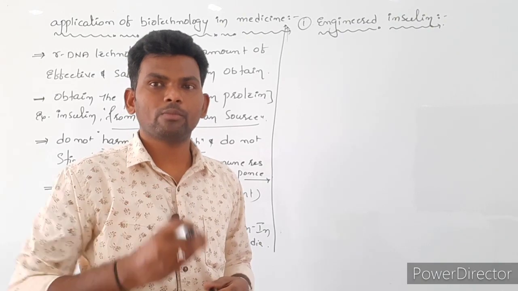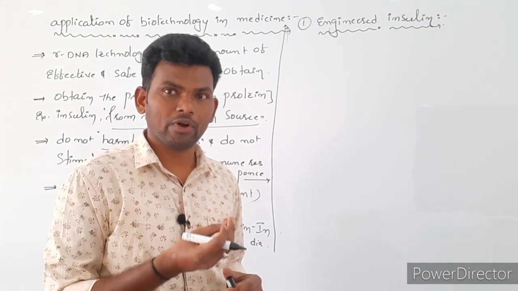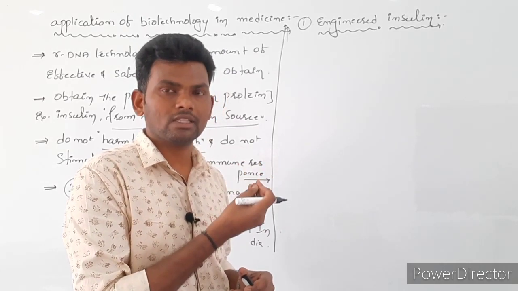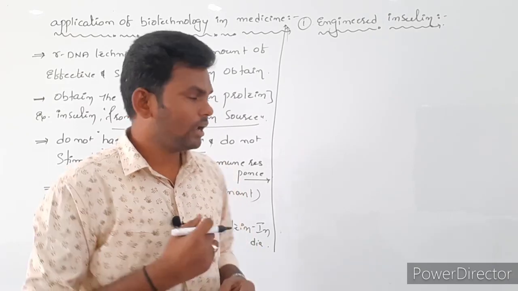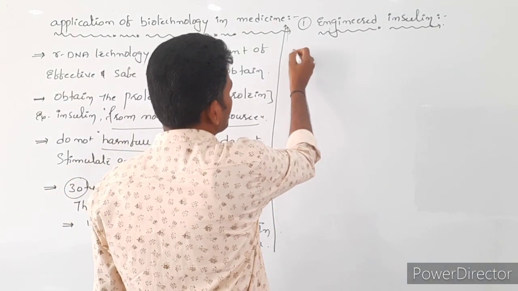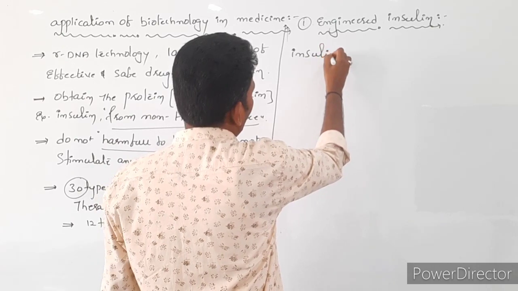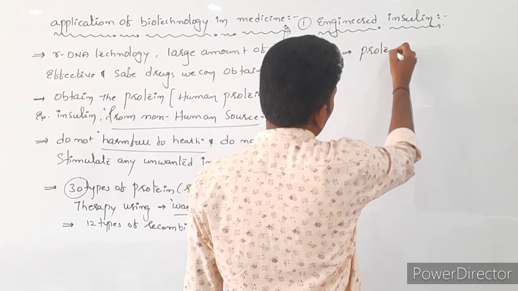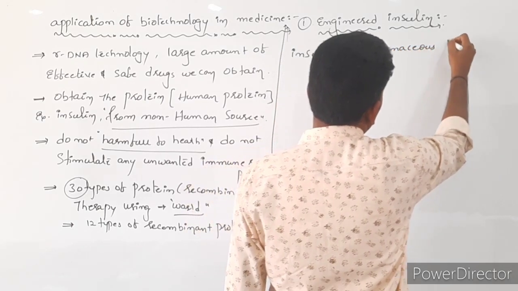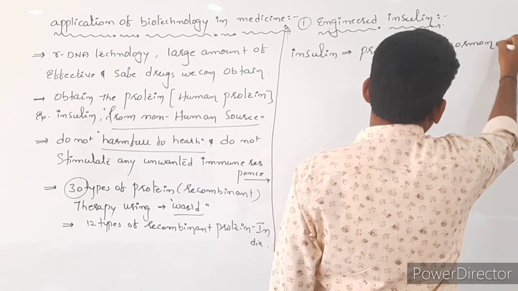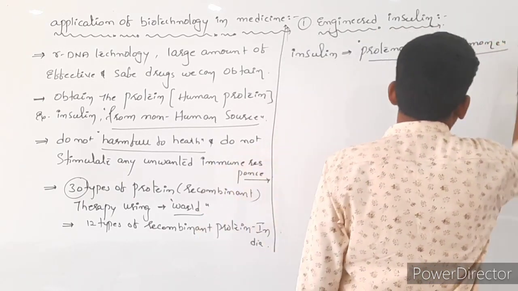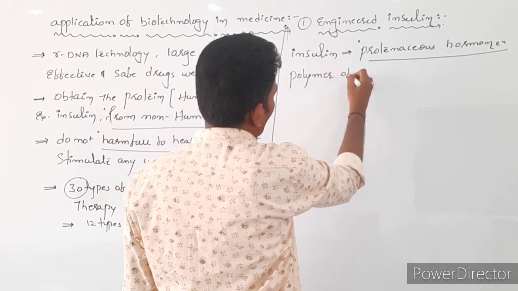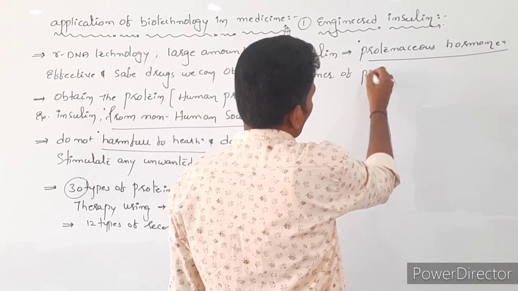What is the role of insulin in humans? Insulin is very essential for normal body functions. Besides that, insulin has the capacity to regulate the sugar level in humans. Let's read the points. Insulin is a proteinaceous hormone, and it is a polymer of polypeptide